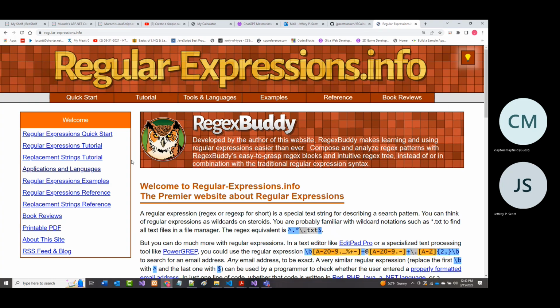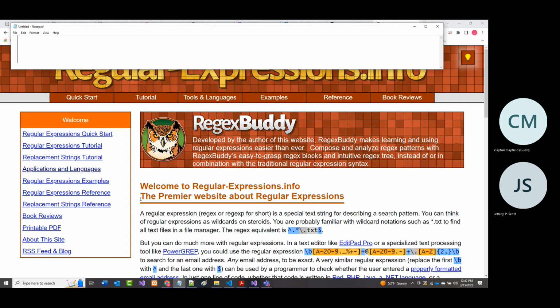There it is. Regular-expressions.info. There are a multitude of different websites out there that will help you with regular expressions. This is the one I use virtually all the time.